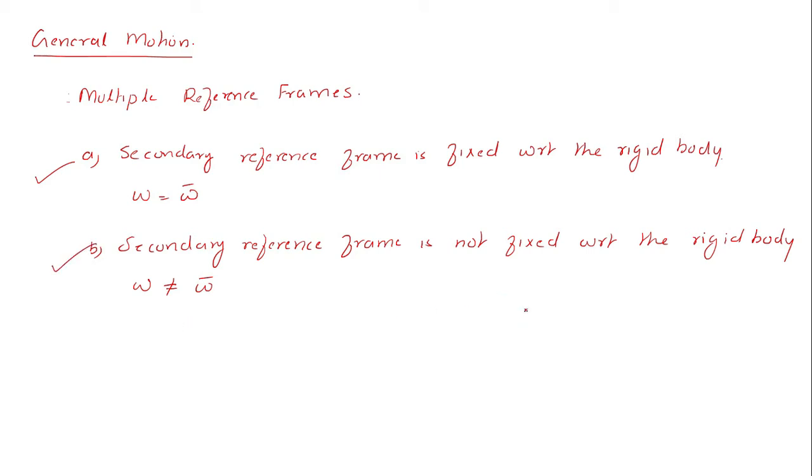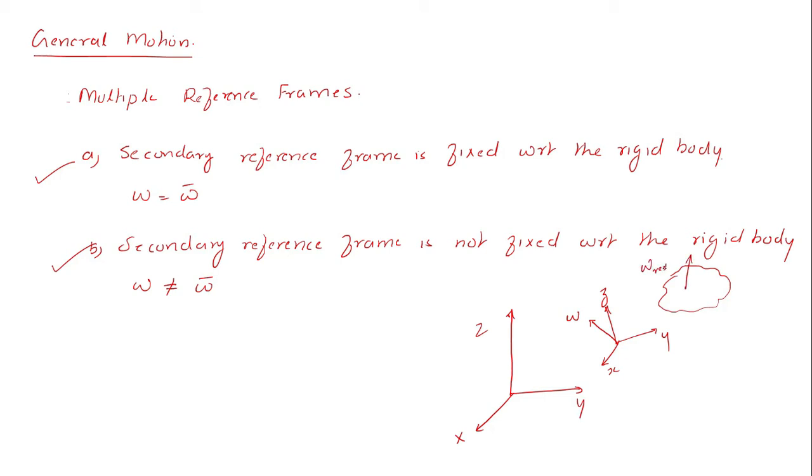In many cases, what happens is that you will have the primary reference frame capital XYZ, and then you will have a moving reference frame small xyz. Now the moving reference frame may be undergoing an instantaneous angular velocity omega as such for an instant of time. Now the rigid body here may itself have an instantaneous angular velocity